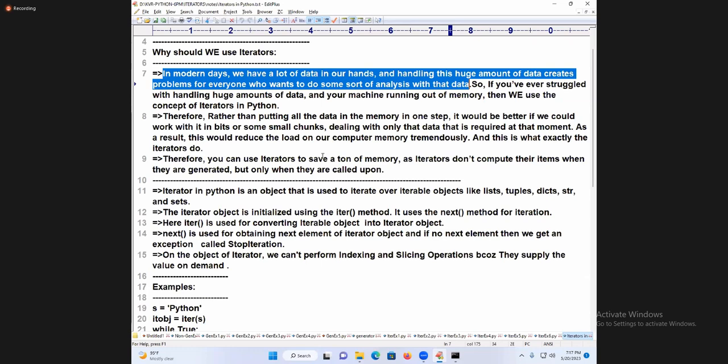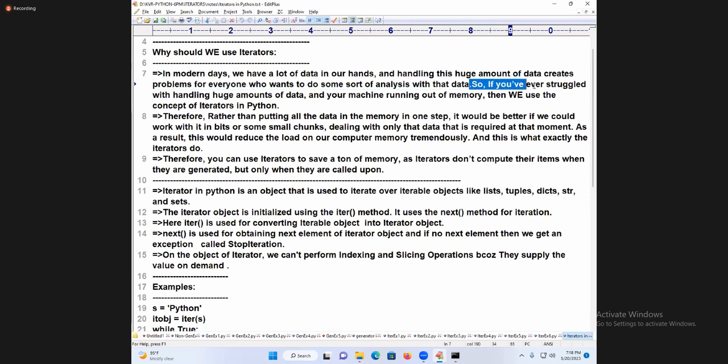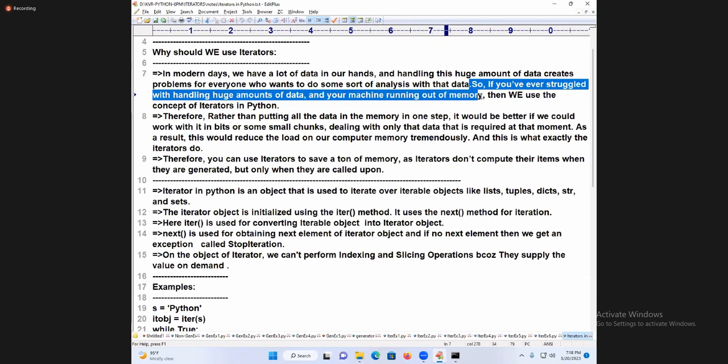Understand, it is not an English reading competition. A large volume of data is there, and nobody will prefer to bring the entire data to their place. Let it be in the cloud. I want to read the data for my analysis whenever I am in demand. Chocolates are there in the shop. Let them be. You bring one chocolate and eat it. Don't bring all the chocolates and keep them in your home. You cannot eat them all. If you have ever struggled with handling a huge amount of data and your machine is running out of memory, then we use the concept of